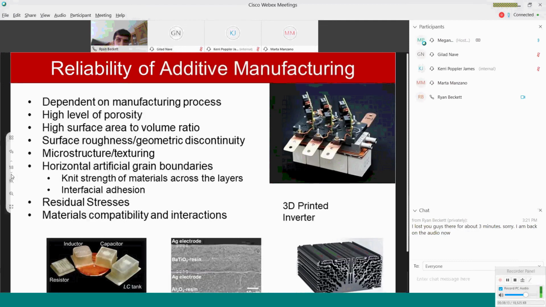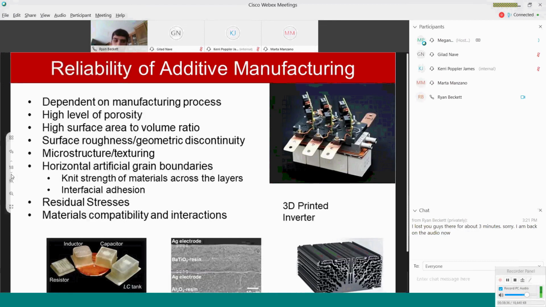So now these things are being stacked up like layer cakes as opposed to being made as one uniform, homogeneous bulk material. And so you have to worry about how well those layers are going to stick together, how well they're going to meld together, whether there are going to be changes in their properties in the Z direction where the layers have all the boundaries. Those are some things to look at.